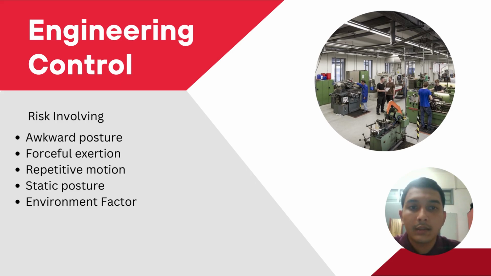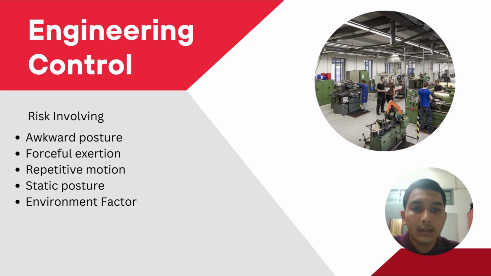And for the next part is engineering control. The first one is mechanization and automation. Mechanization in engineering control is typically applied on basic or simple tools, which still extensively require a human operator. For mechanization, the need for forceful exertion in polishing the car can be mitigated using a polishing machine. However, it should be noted that the use of a polishing machine may introduce a different ergonomic risk factor, such as vibration. As such, control measures should not only focus on a single approach, but be combined with other hierarchy levels to ensure the efficiency of the engineering control applied.